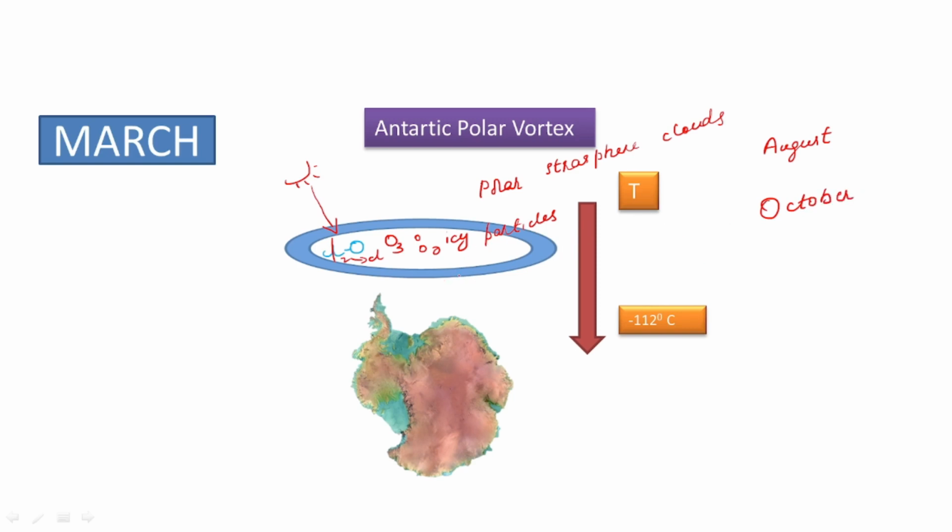Till October, the process of ozone depletion continues, and by the beginning of October, the air present here becomes warm because the sun's rays are there. As the air becomes warm, these icy particles get melted, and the reservoir molecules that were bound to them get free, and they again go and bind with the chlorine. And by the beginning of November,